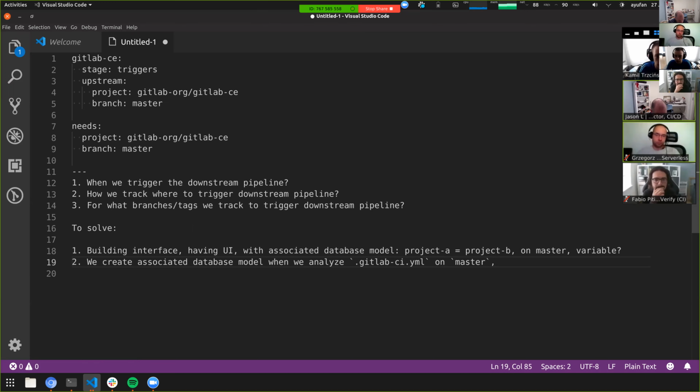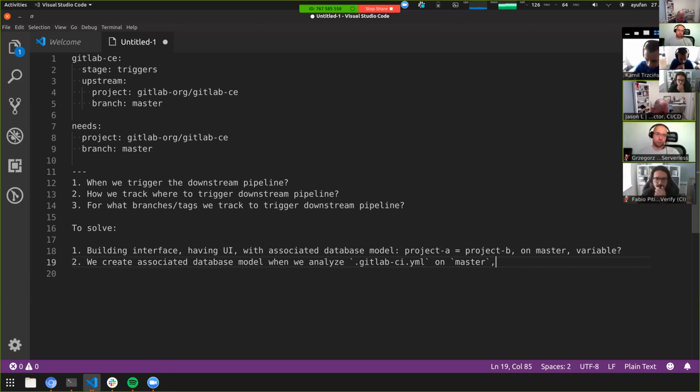So it kind of solves your chicken and egg problem, because there is no chicken and egg problem. When you start creating this pipeline, the trigger on the upstream project cannot happen before you push the CI YAML to the downstream project. When you push to the downstream project, we just create this relation, and then when the upstream project triggers again, it would trigger the downstream project, because you would have that relation already created. So yeah. It's more like the ordering of the operations that happens, right? Yeah, I get it.